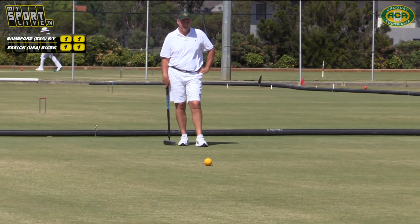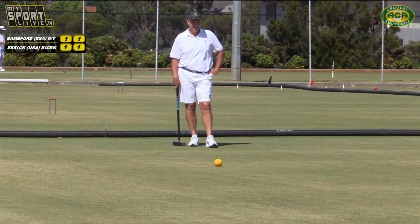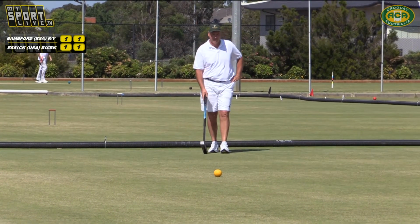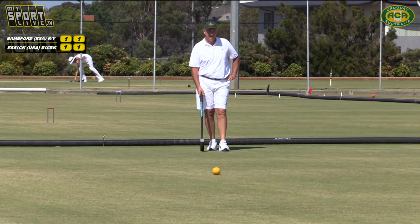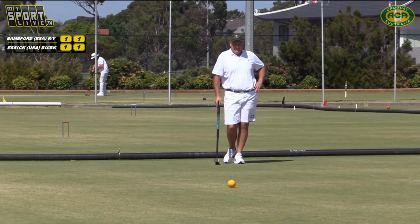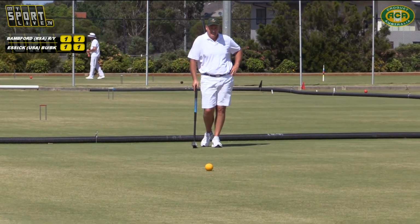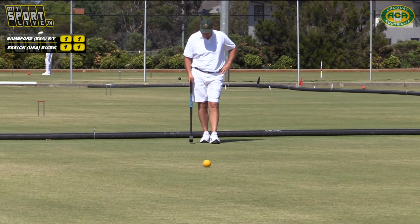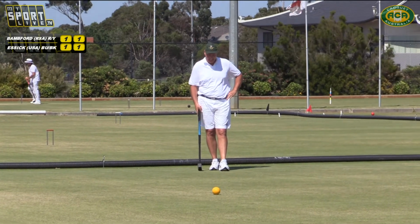You could go corner 2 and hope that Essex misses and you have a relatively short shot back to partner. But it does mean Essex's turn, if he does hit, is slightly easier. So possibly corner 3. I'm not sure where Reg is standing is where he's considering, just directly back to partner. And Essex has been shooting well. Yeah, he's missed. He hasn't actually taken any of the...